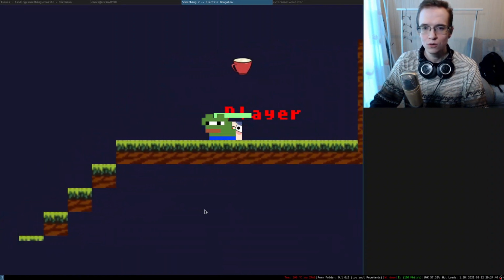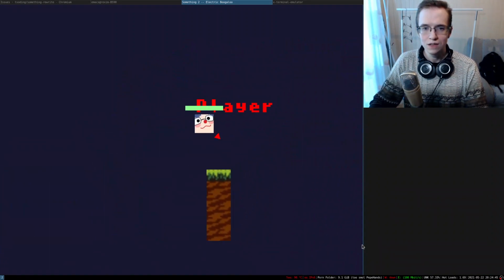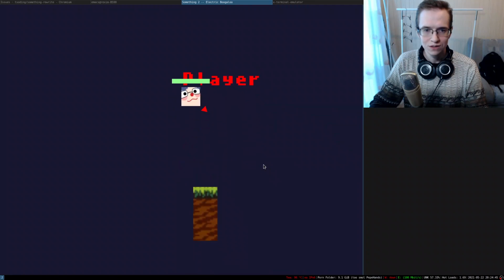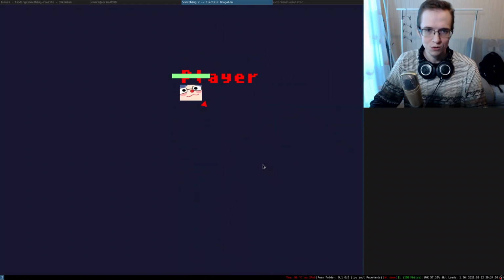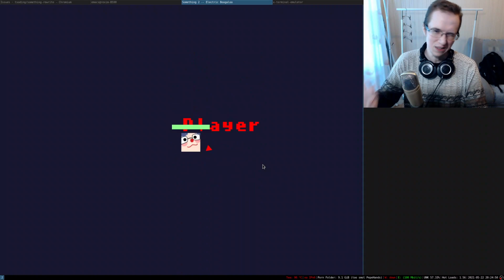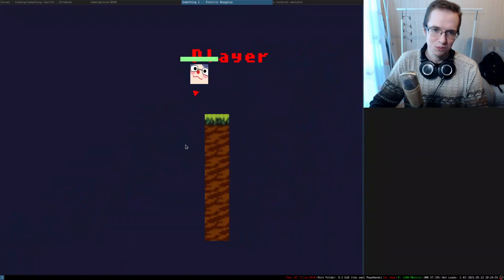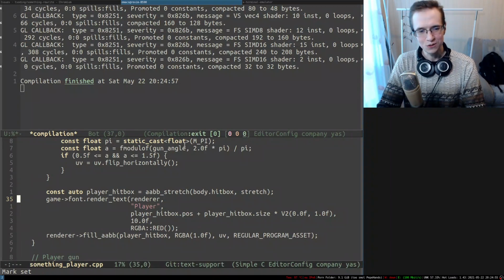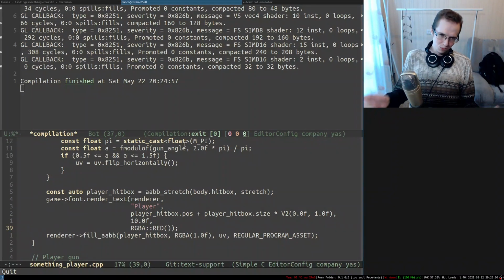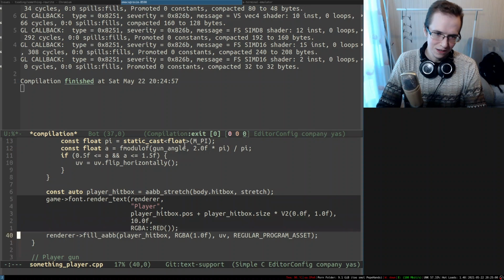Yeah, there we go. And you know what's cool is that the thing is moving as the player stretches. It's a very subtle thing, but I think it's pretty cool. So yeah, we can render it inside of the world, but what does it take to render it on the